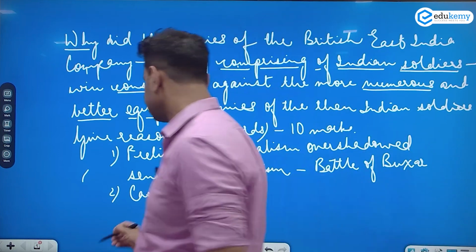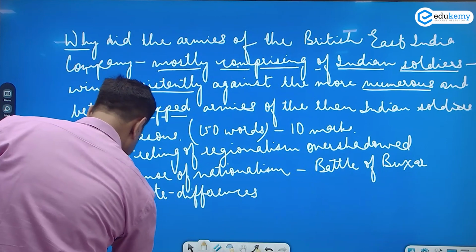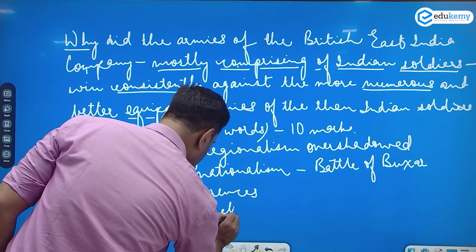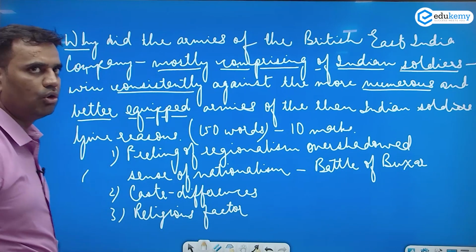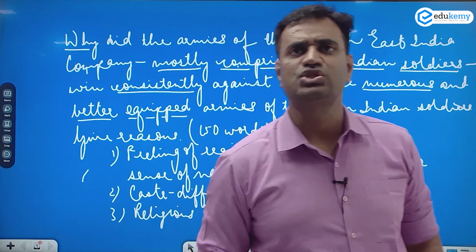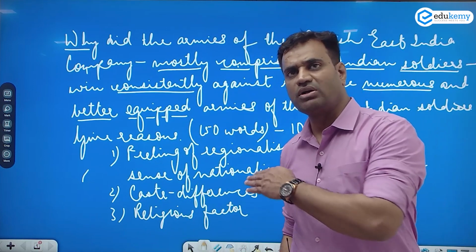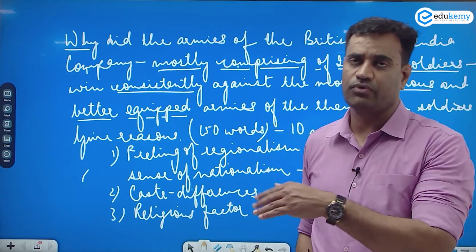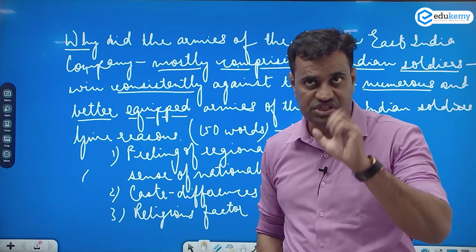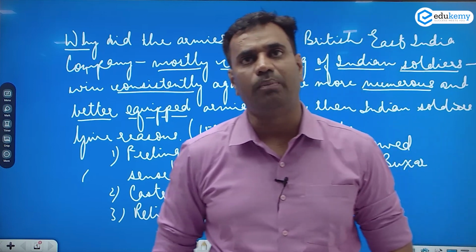The next major factor that led to the defeat of Indian powers was the religious factor. Why the religious factor? Some powers in India fought only on religious lines. That enabled the British to defeat them because the British brought Indian soldiers from other areas, from different religions, and that enabled them to defeat Indian powers. For instance, the Sikh state of Punjab